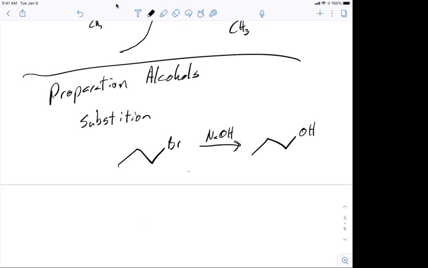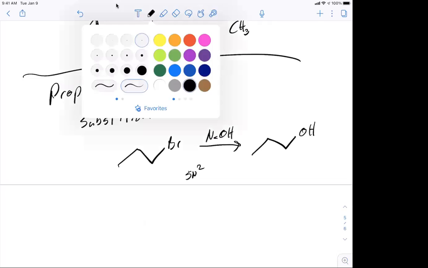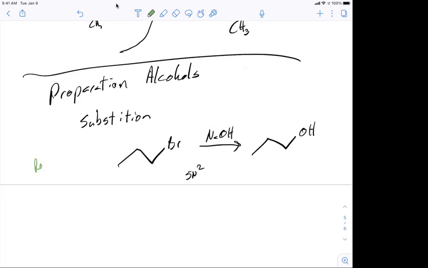So this is just an SN2 process, right? So I already know that. This is review. I'll try and note when something is review versus something being new. I tend to focus on new. So if I forget to put the,